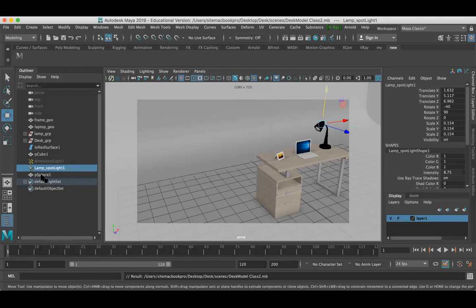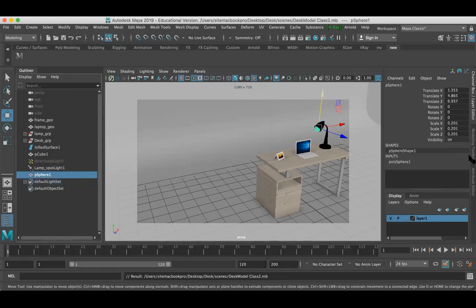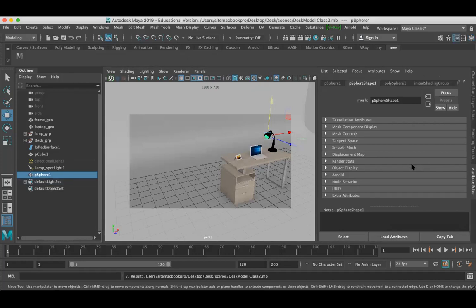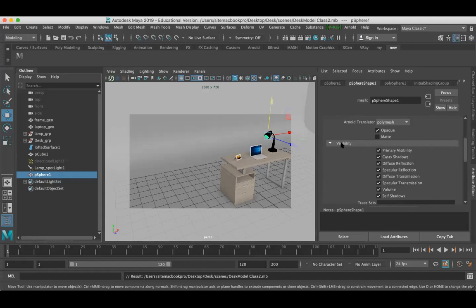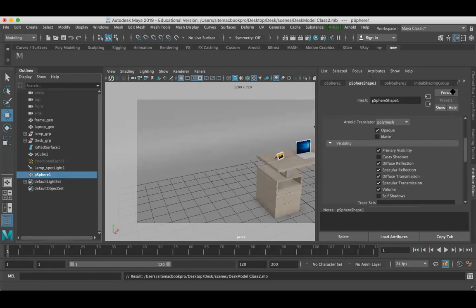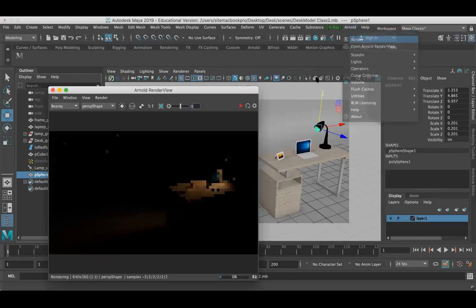Now select the sphere. Under the sphere, go to the attribute editor, under Arnold. Guys, select the sphere. The sphere has Arnold here in the attribute editor. Go to Arnold, under visibility, just turn off cast shadow and self shadow. These two alone will make an effect like the bulb is glowing. Let's try, I'm still trying. Arnold, hit render.